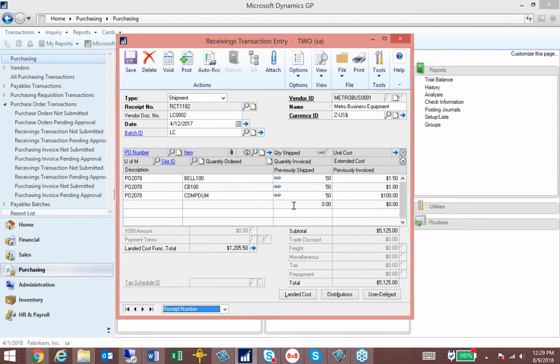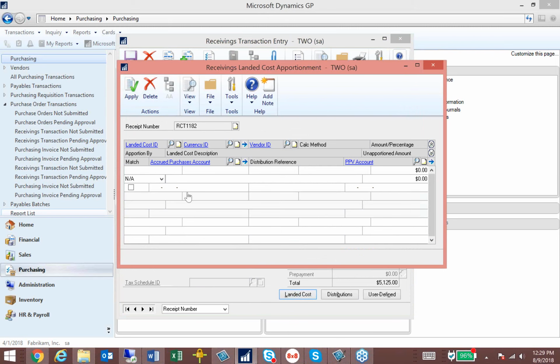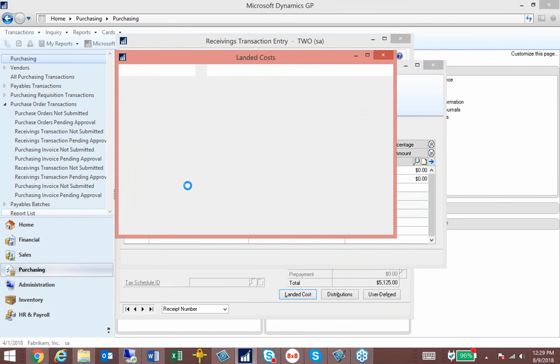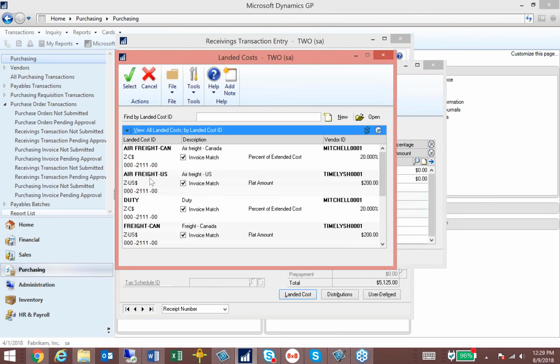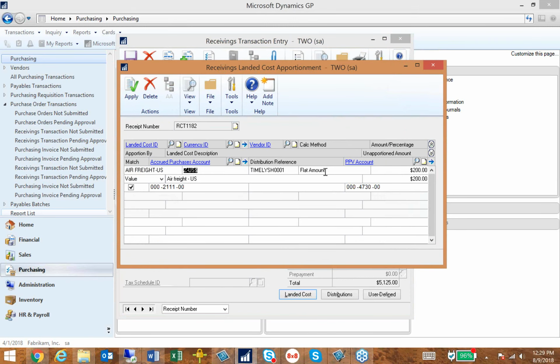Now I can also add landed cost on the fly. You can see this landed cost button that most of the time you ignore because you don't have it. But say I needed to add, in addition to those, an item. I'm going to add U.S. freight, air freight, and it's a flat amount. I'm going to accept that. And I'm asking it to apportion it by the value of each item. I could apportion it by the quantity of each item or the weight, but most often people will apportion it by the value. So if I click on apply that,